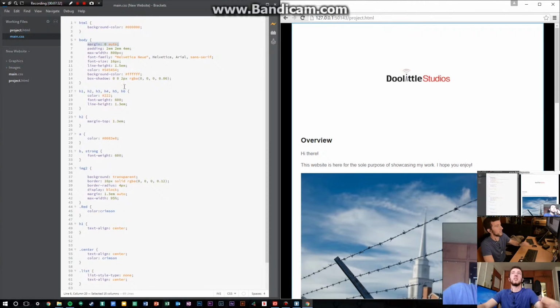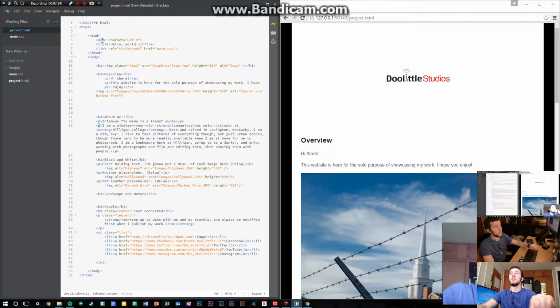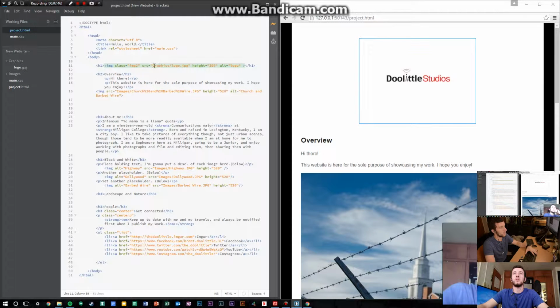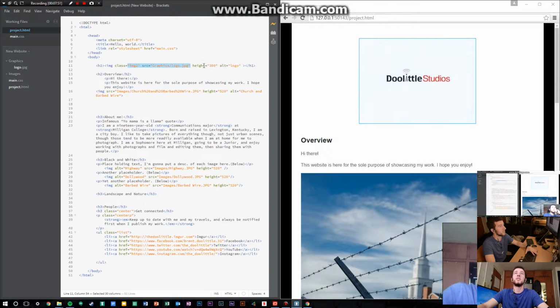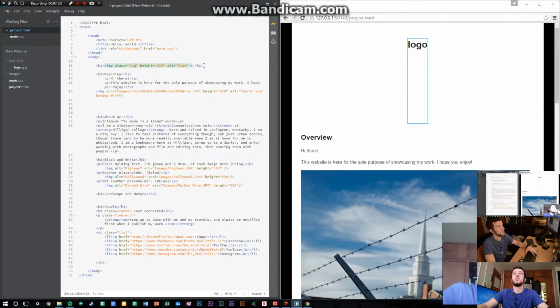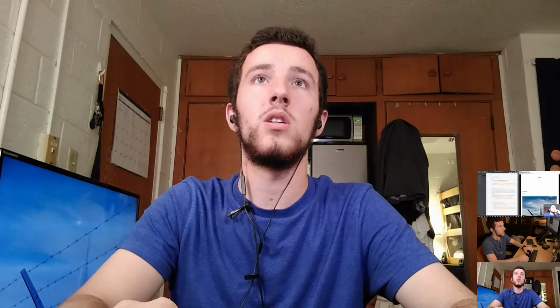So basically to put these in, it's a very simple process. I just go to my HTML page and I go to where I wanted it, the heading right here. So I titled it graphics/logo, or the folder was graphics right here, and then the logo was inside it. So if I wanted to do it again, I would go to image, I would type, well, I need to have it in the class, so image 2, and then